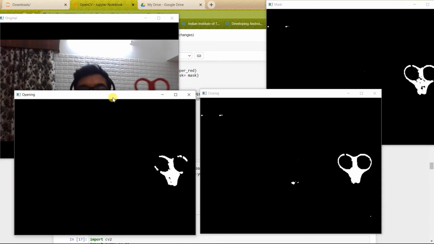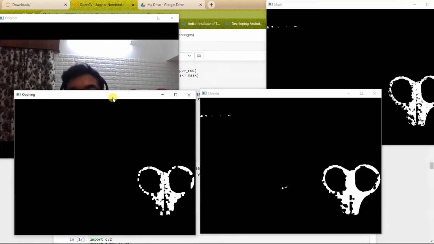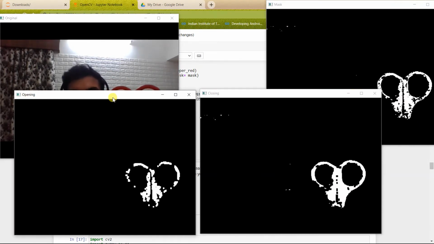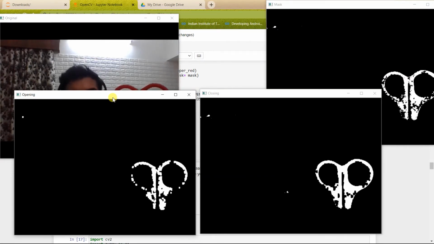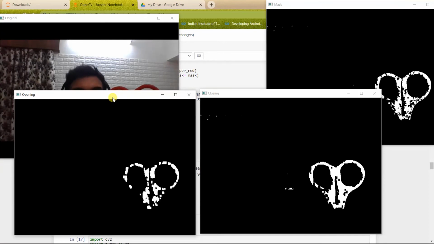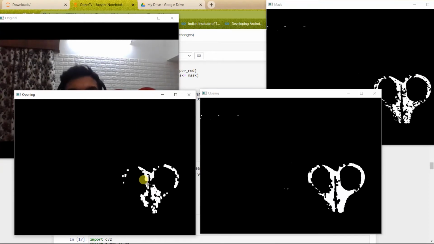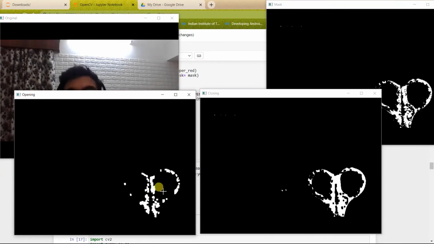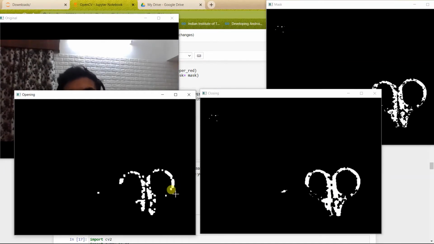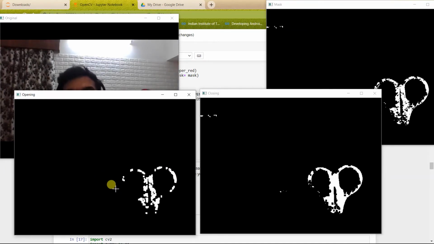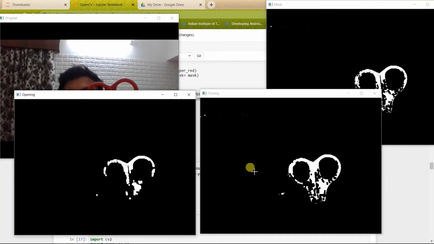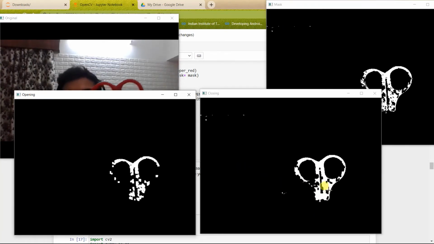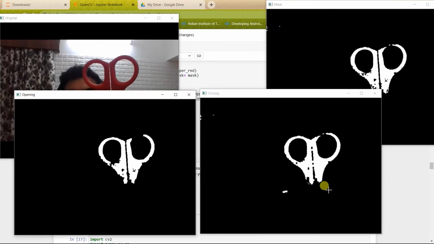So when I bring the picture into the frame, as you can see here, the opening gives us an excellent output in terms of removing the background noise, and the closing gives us an excellent output in terms of detecting the scissor.